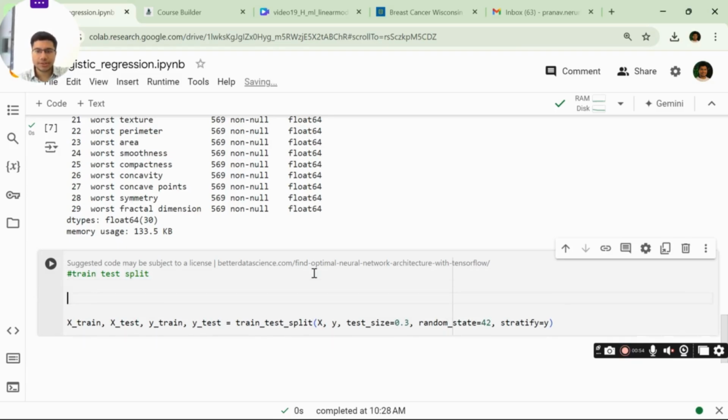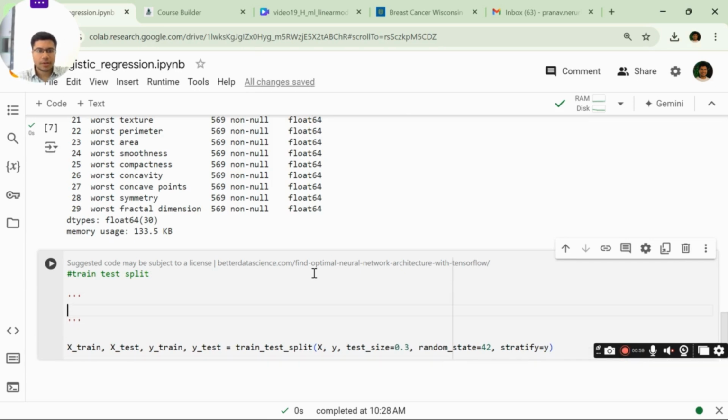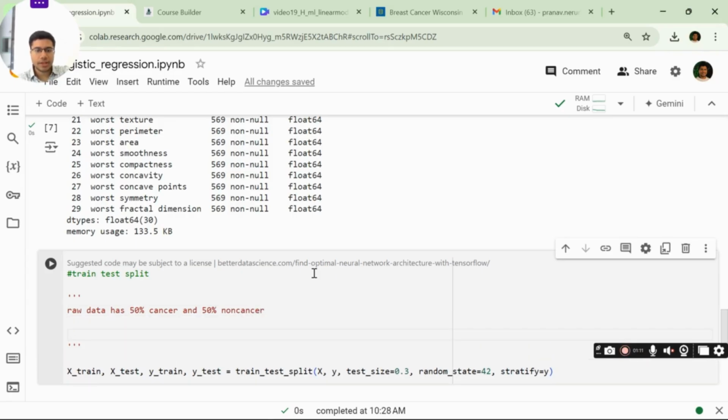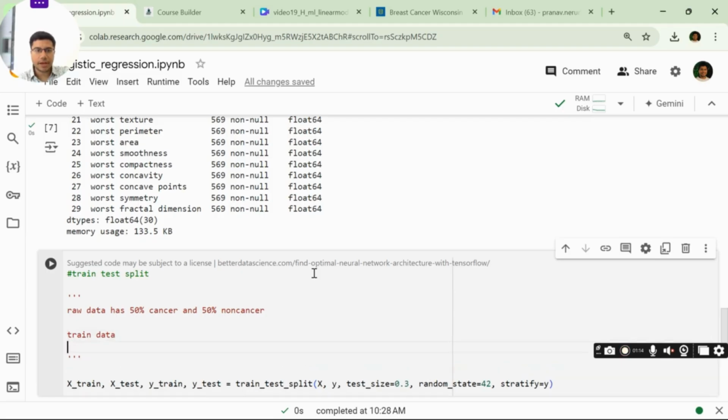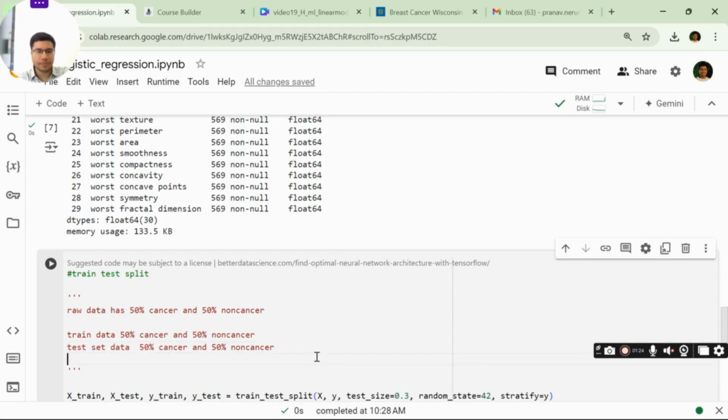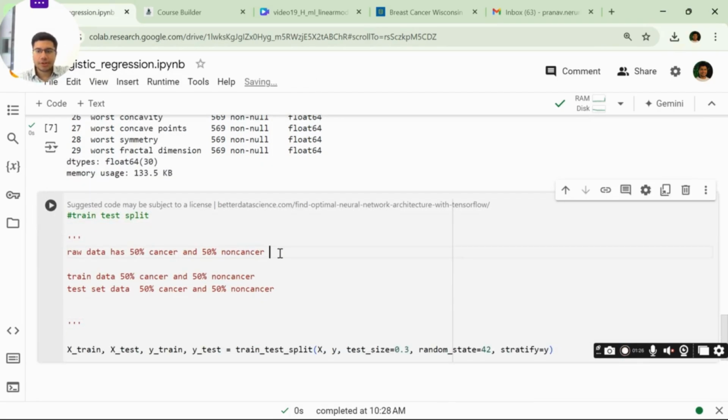the train and test. What I mean by this, with an example, let us say the raw data set has 50% cancer and 50% non-cancer. Then the train data set and the test data set also need to have 50% cancer and 50% non-cancer. That means, let us say the raw data set has 100 rows.